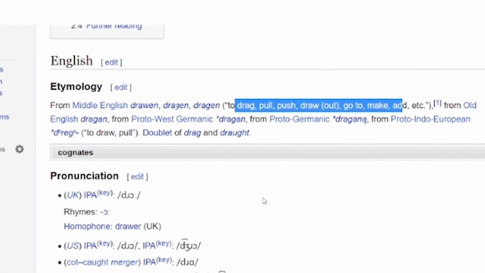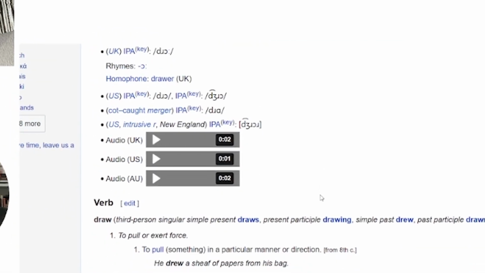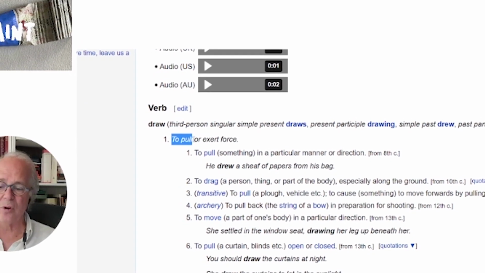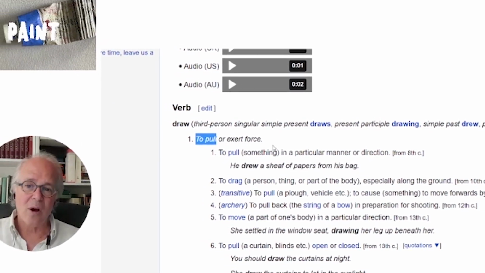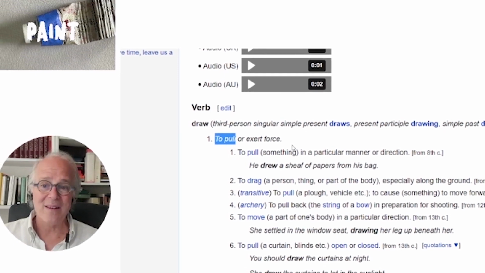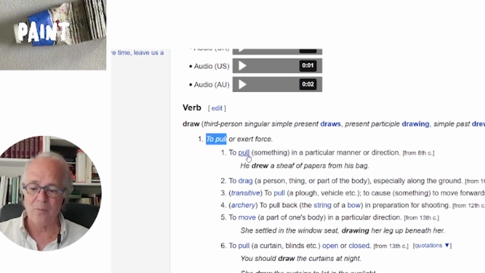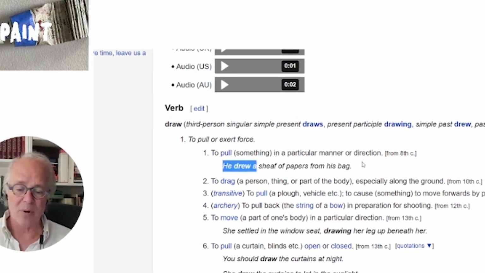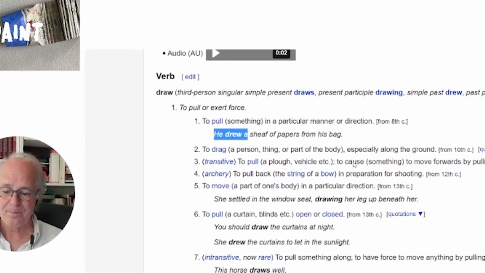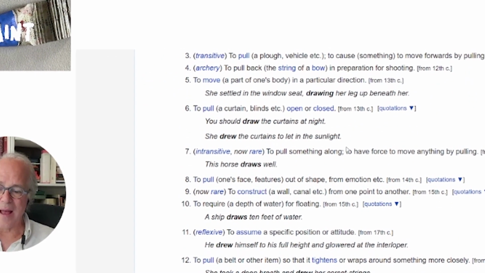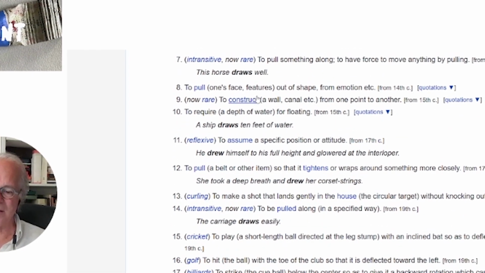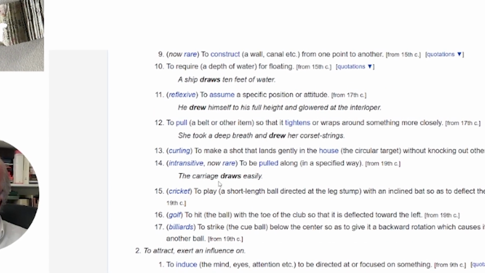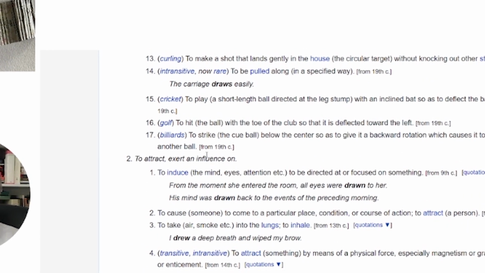This is very important. We have the idea of pulling in the word draw, and of course the most common meaning is with the pencil, to draw with a pencil, but it also means to pull something with force. In other words, he drew a sheaf of papers from his bag. There are many ideas of that movement, also to construct, to assume a position in the sport of curling, golf,